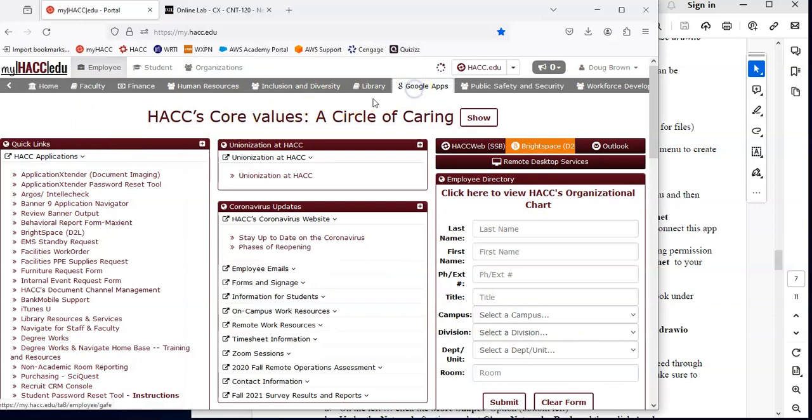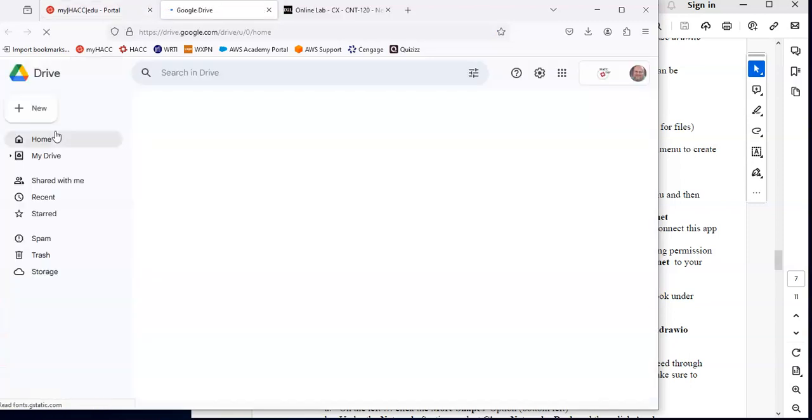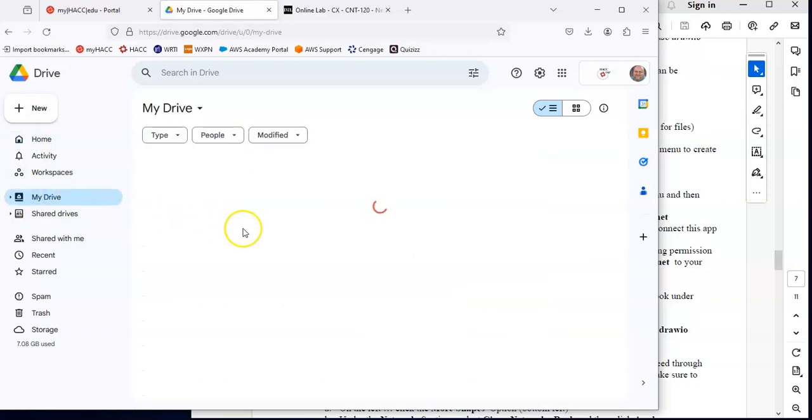So I'm going to open up my Google Drive here. I'm going to go to Google Apps. For me, it'll be Drive for Employees. You would do Drive for Students. Once I'm here, I'm going to go to my drive. And you notice I already have a